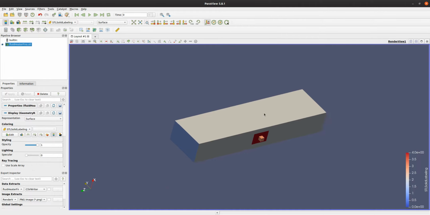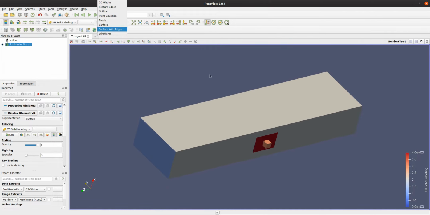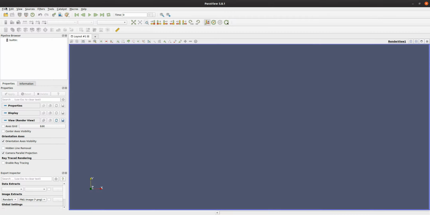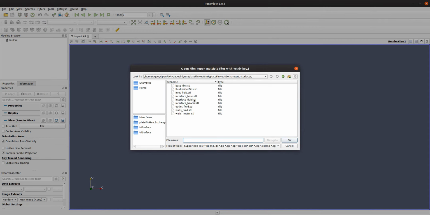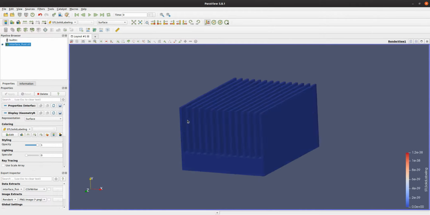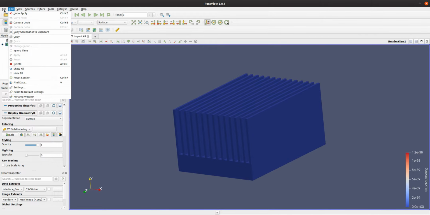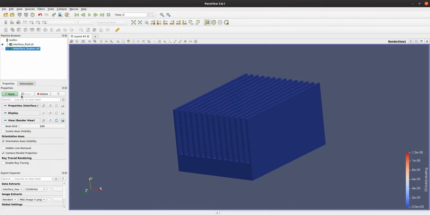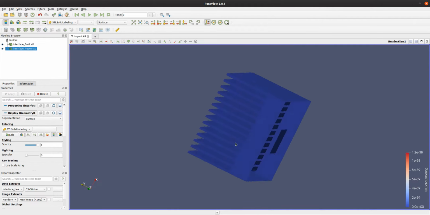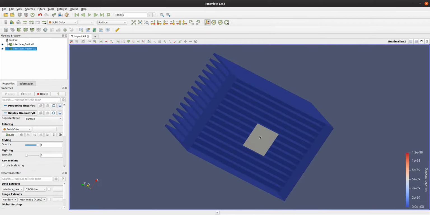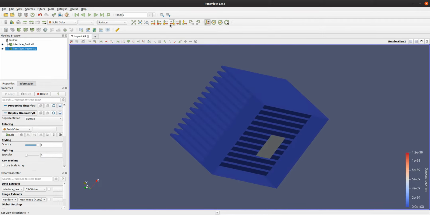So we have defined our main geometry, and we have also interfaces for fluid and fin regions, and also interface for the heater and the fins region.